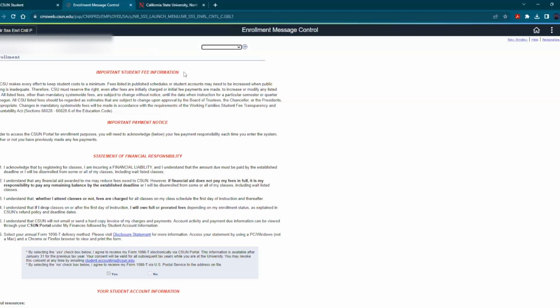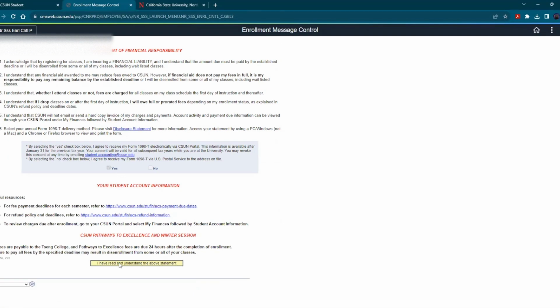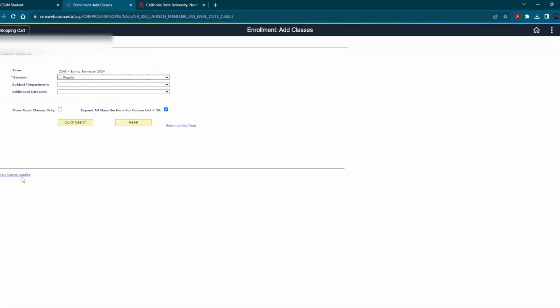When you reach the important student fee information page, scroll all the way down and click on I have read and understand the above statement. This should lead you to your shopping cart area. Once you are in your shopping cart area, we want to go to search. You always want to make sure that session says regular and that it reflects the proper term that you are